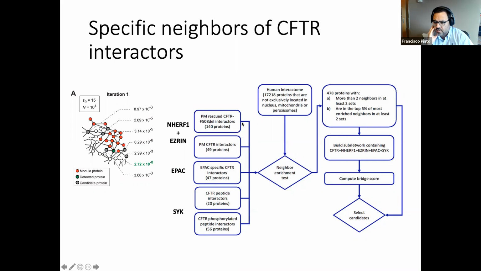They identified 140 interactors of CFTR, and in this case 49 when this esrin NERF pathway was activated. They also identified 47 proteins interacting with CFTR only when EPAC1 was activated,